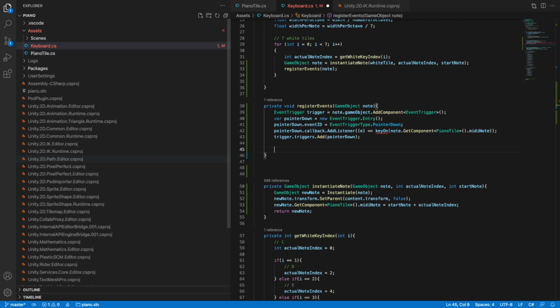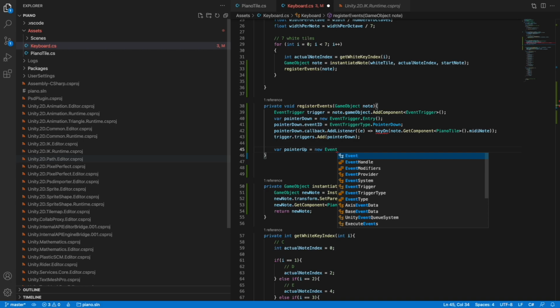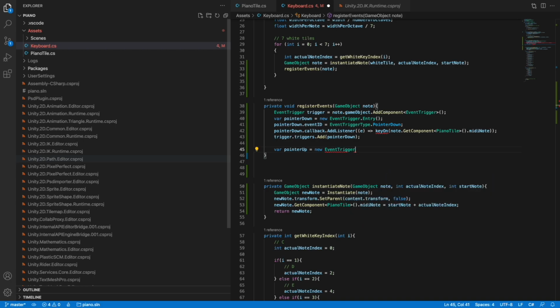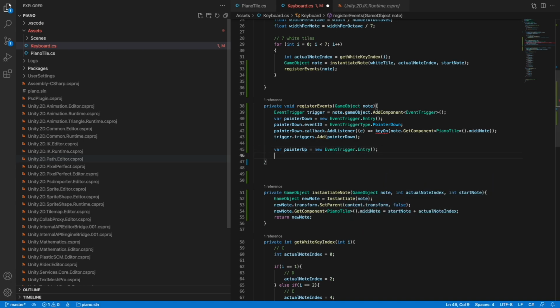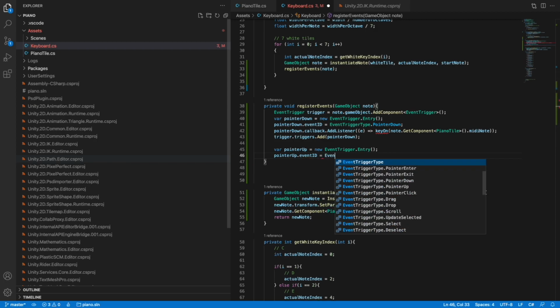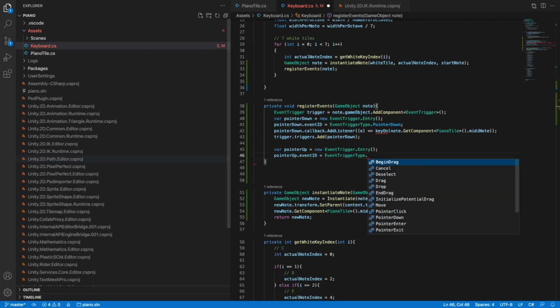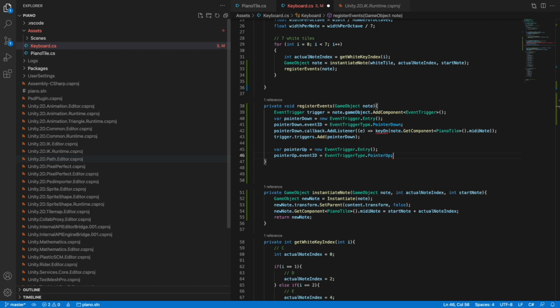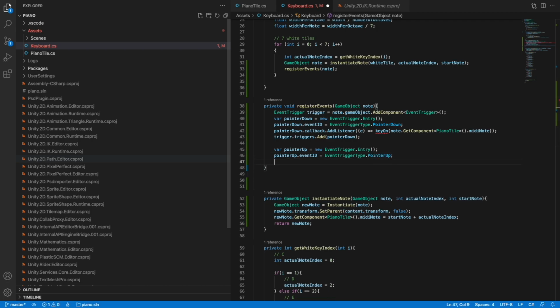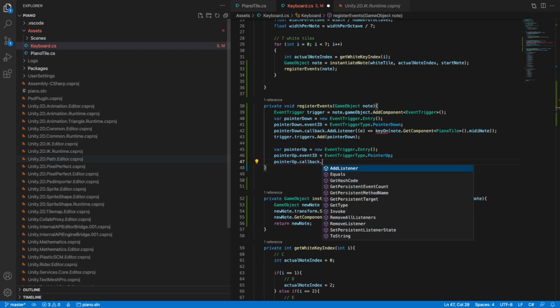We will just do the same for the pointer up event. We say pointerUp is equal to a new EventTrigger.Entry. Then we define an event ID, which is of type EventTriggerType.PointerUp, because we wanted to listen for the pointer up event as well. And then we add another callback with callback.AddListener,